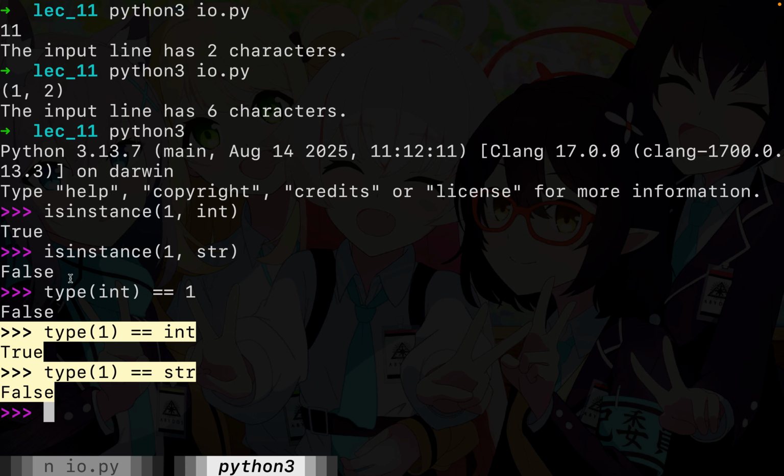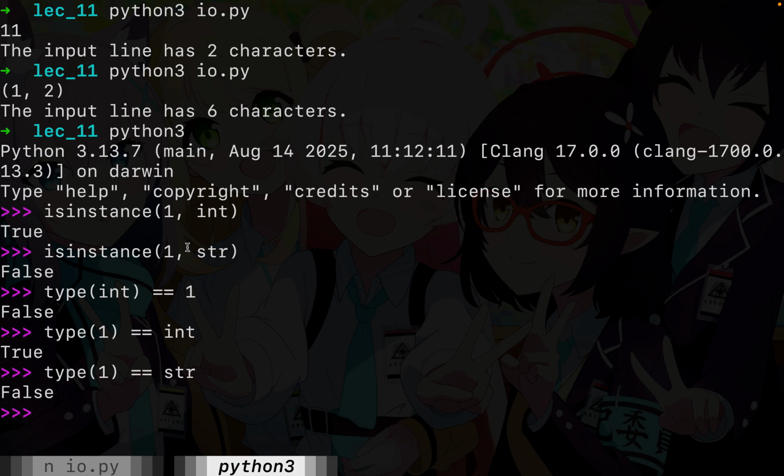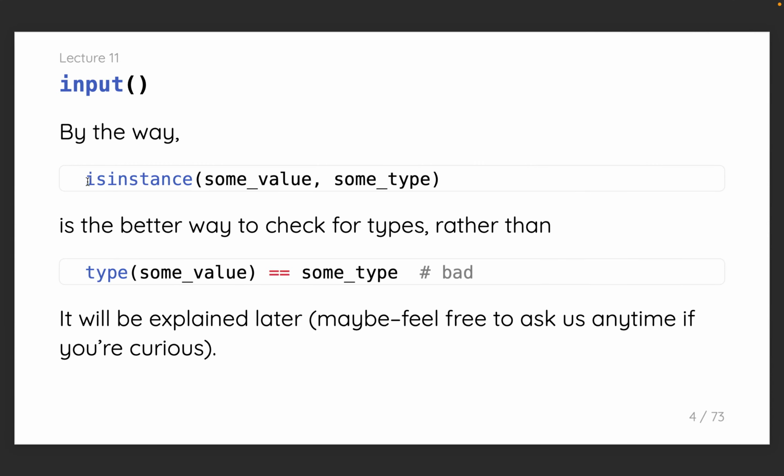So it's kind of the same thing. There are a few subtle differences, which is also the reason why using this is better instead. But for now, you don't really need to worry about that difference. All you need to know is use isinstance instead of double equals with type. Okay,